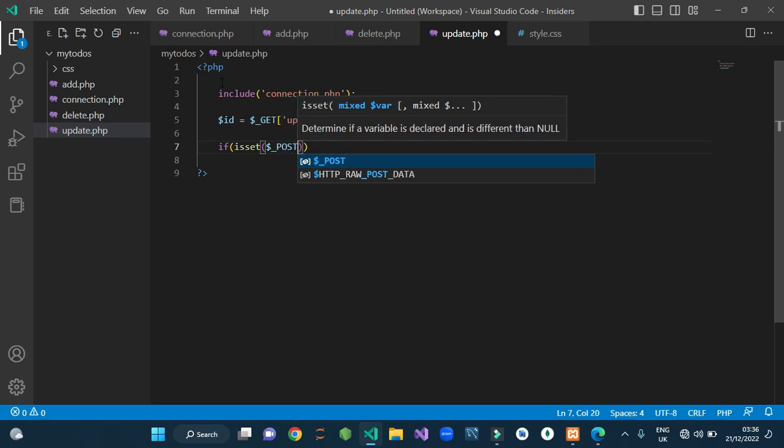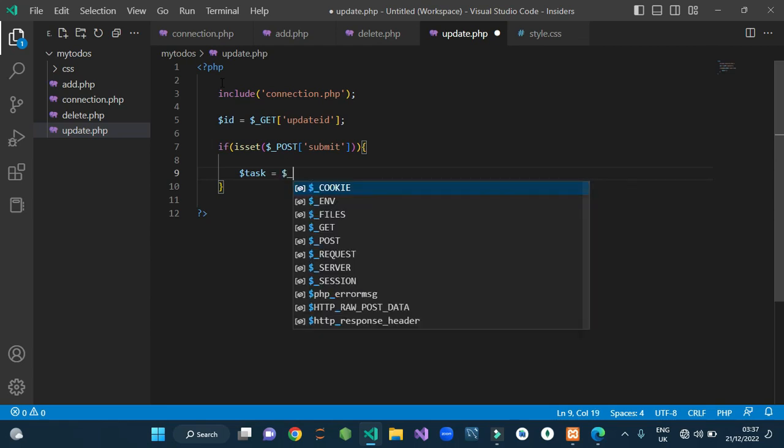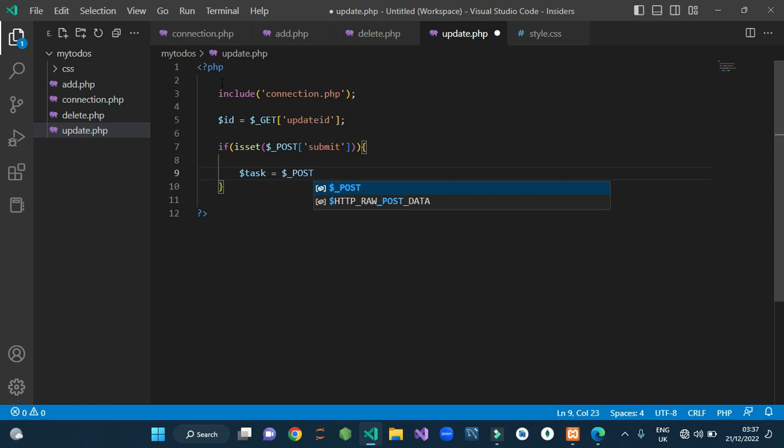$_POST. I do this, and I come inside the $_POST. I say submit like this, and I do my curly braces and I say dollar task. You can call it dollar TK, dollar task. You know, I always told you that this is what a variable name is. Say dollar underscore post like this. And I do this and I say task,